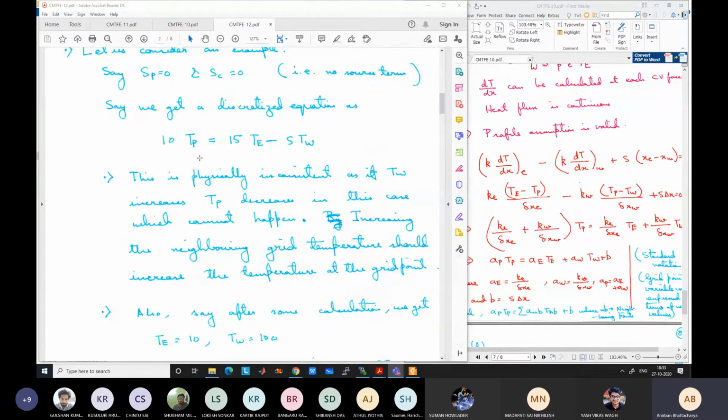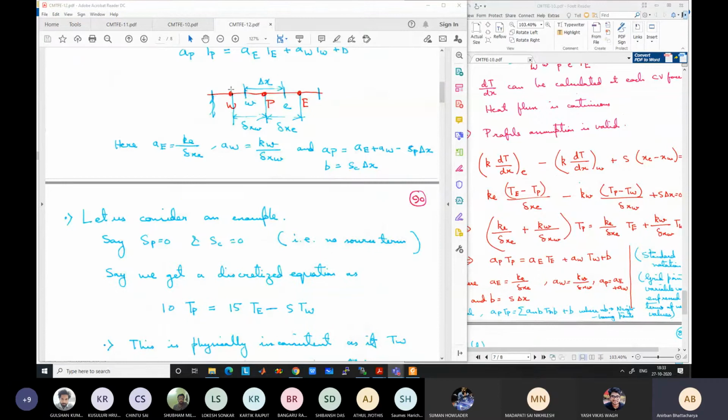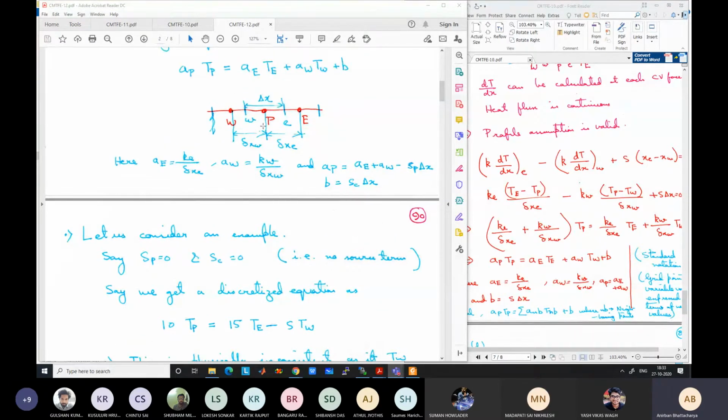And the second thing is that if any of the grid point values increase, say TW is increased, what should be its influence on its neighboring point? If the temperature is increased from 0 degree to 50 degree, should not the neighboring temperature also increase? Or if I increase this temperature, can the neighboring temperature decrease? Always, if you heat something at one end, its neighboring point also gradually should heat up. It cannot become colder, right? Because that will become unphysical. Is it clear to you?